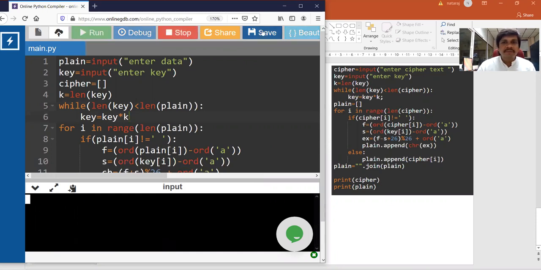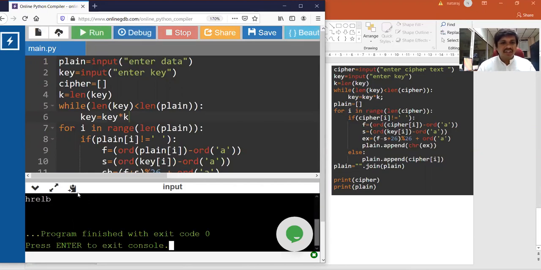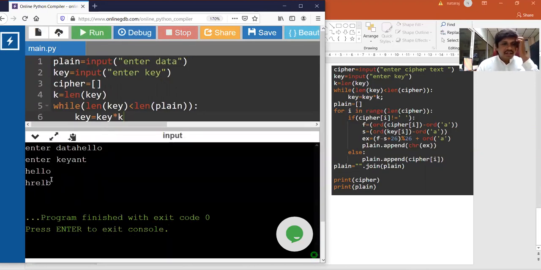Now we'll run it. Let it be hello and key AND. So here it is. HELLO, hello, has been encrypted to HRELB. HELLO has been encrypted to HRELB.